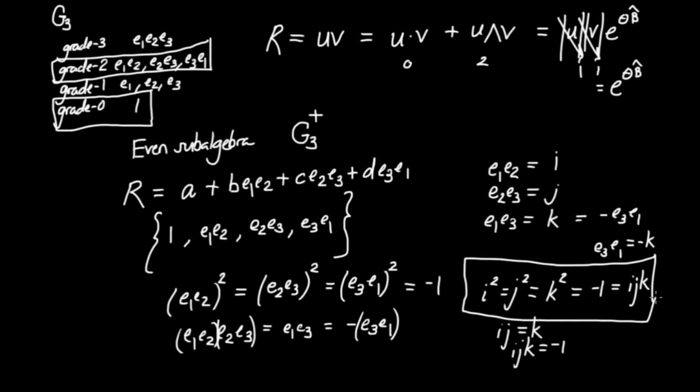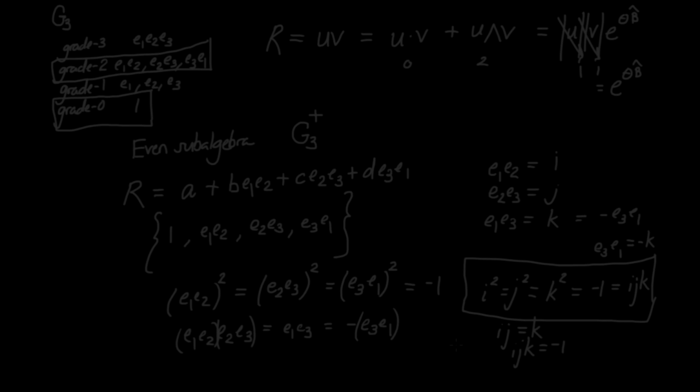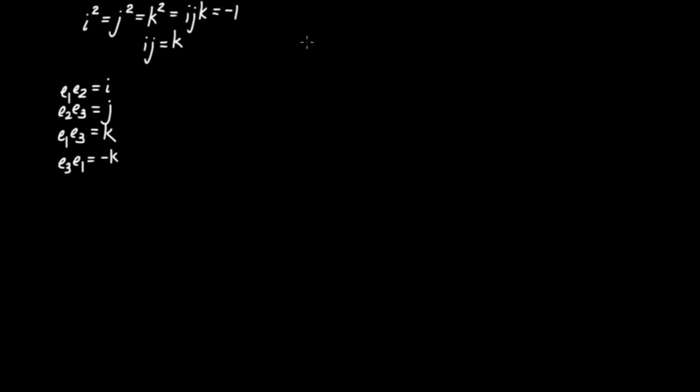This is the defining equation of the quaternions. So what we've discovered here is that the four basis elements of the even subalgebra, 1 as the scalar, and then e1e2 is the first bivector, e2e3, and e3e1, or minus e1e3 if you prefer, but it doesn't matter because those are just the same up to a scalar. What we've discovered is that this basis of the even subalgebra is also a basis for the quaternions too, and that these algebraically function in the same way as the quaternions do, and that you have